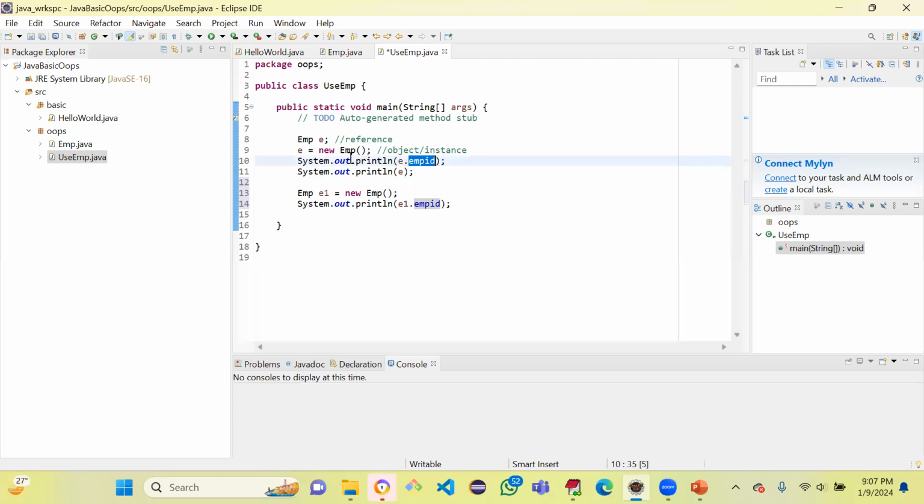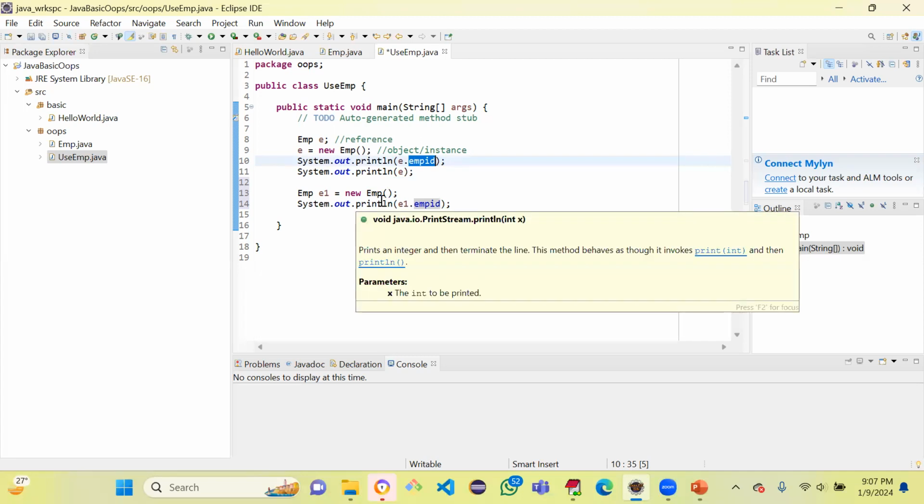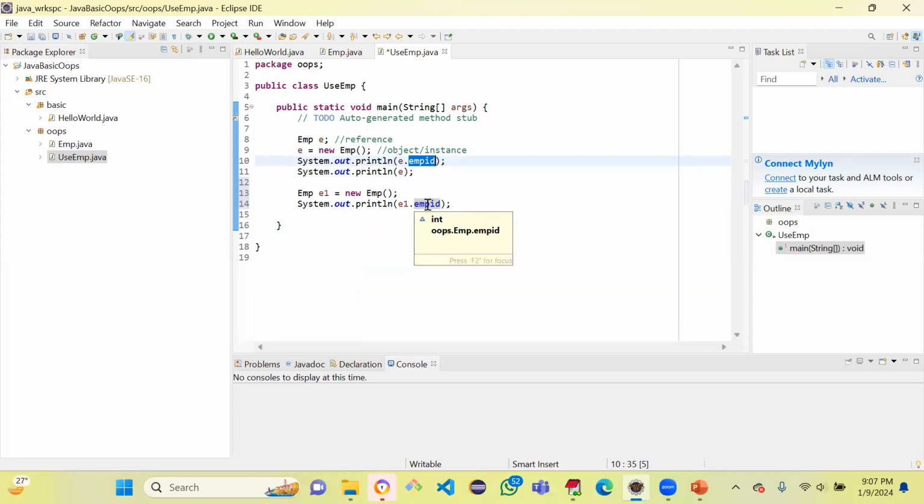For every instance, the reference is different, and the instance object is different. This object and that object are different. Different means memory-wise different. Their properties inside are also different. When I say different, it means memory-wise they are different. Understood? Now I cannot prove it, because there is no way in Java that you can print the addresses